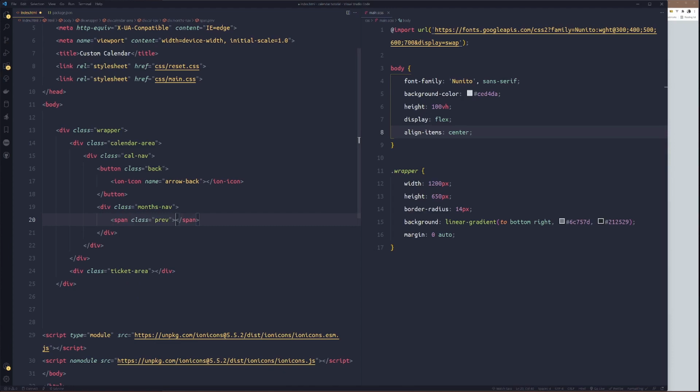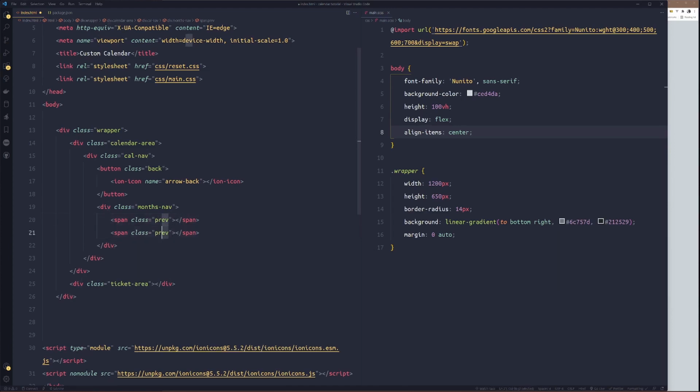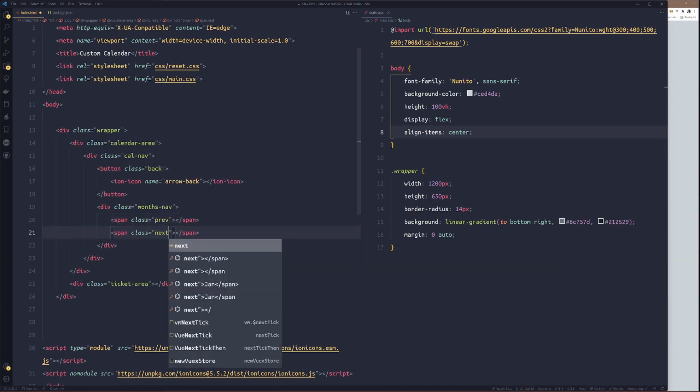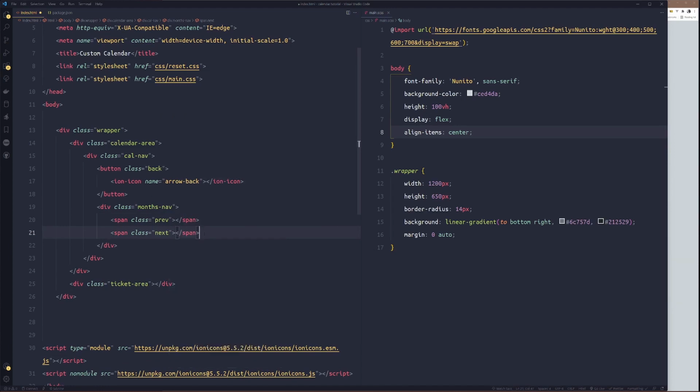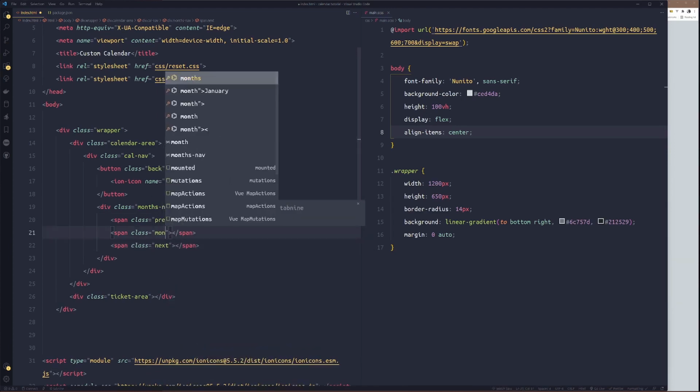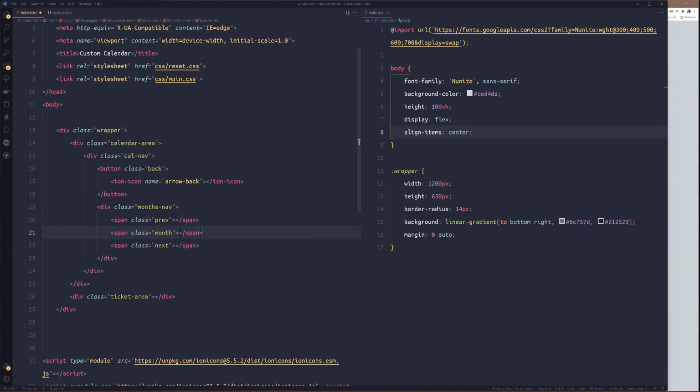The reason why I give this class is that later in JavaScript I need to target them directly. So we'll create another one again. We'll call it next. Then a third one will house the months. So inside this month now, we'll just type September.